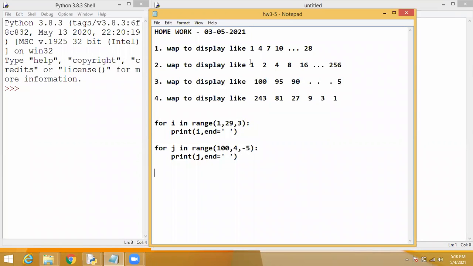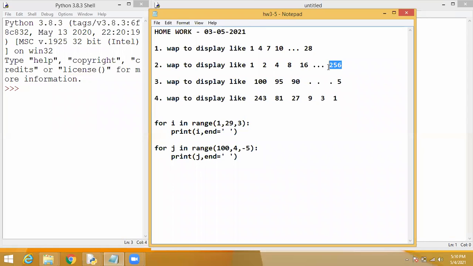The second program is 1, 2, 4, 8, 16 up to 256. This one I already told you, these are the powers of 2. Here you see, 1 is 2 power 0, 2 power 1, 2 power 2, 2 power 3, like this incrementing up to 2 power 8.